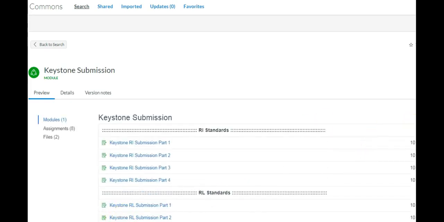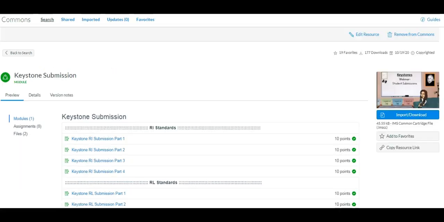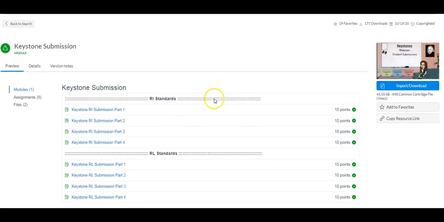And let me make this a little bit bigger so that you can see the entire page. You'll notice here it has simply 8 assignments. Keystone Submission Part 1, RI Part 1, Part 2, Part 3, Part 4, and Literature RL Part 1, 2, 3,